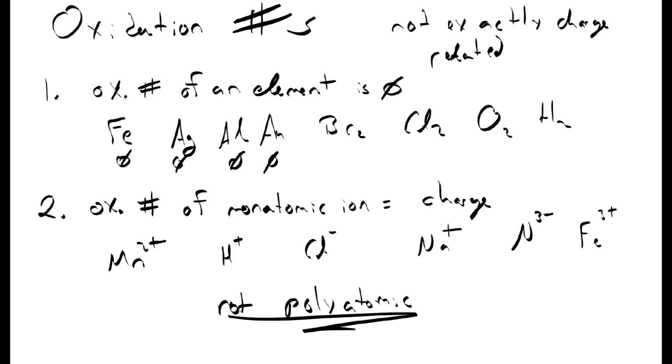Okay. But for any monatomic ion, the oxidation number is just the charge on the ion. 1 plus, 1 minus, 1 plus, 3 minus, and 3 plus. Simple enough. Let's go for some of the more complex and difficult things. So rule 3,